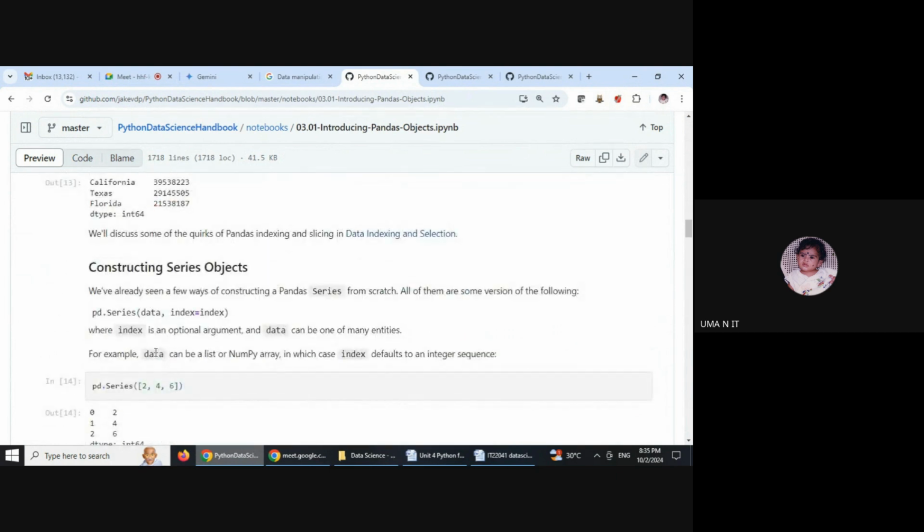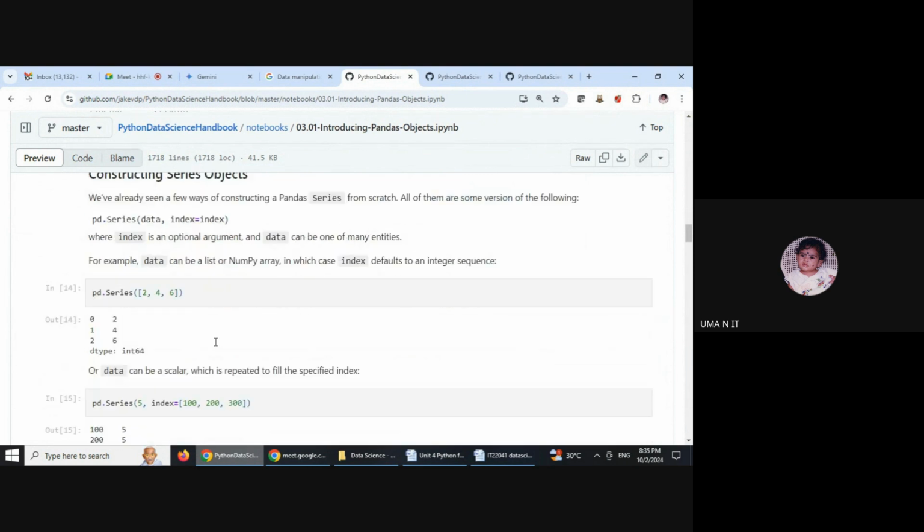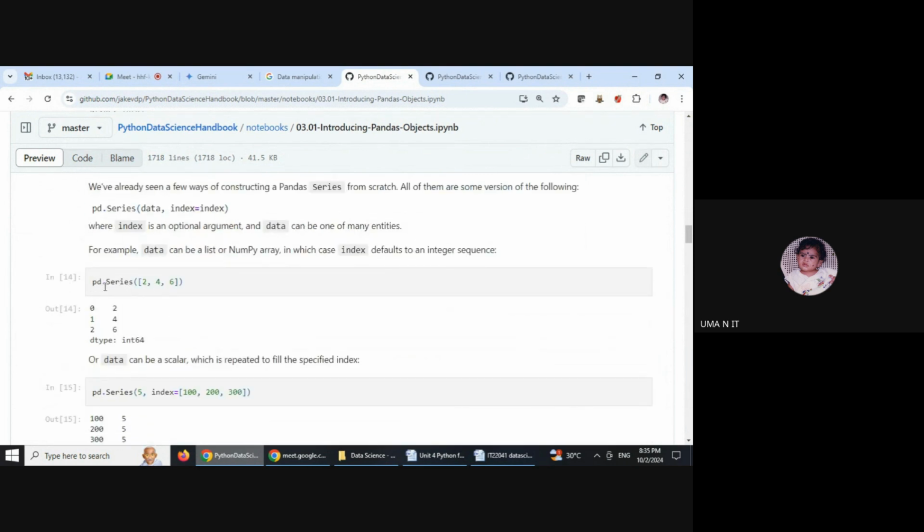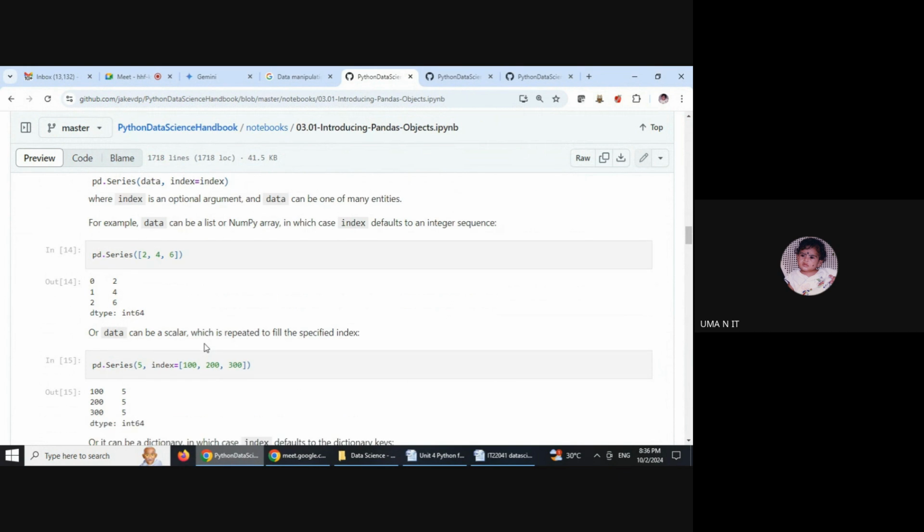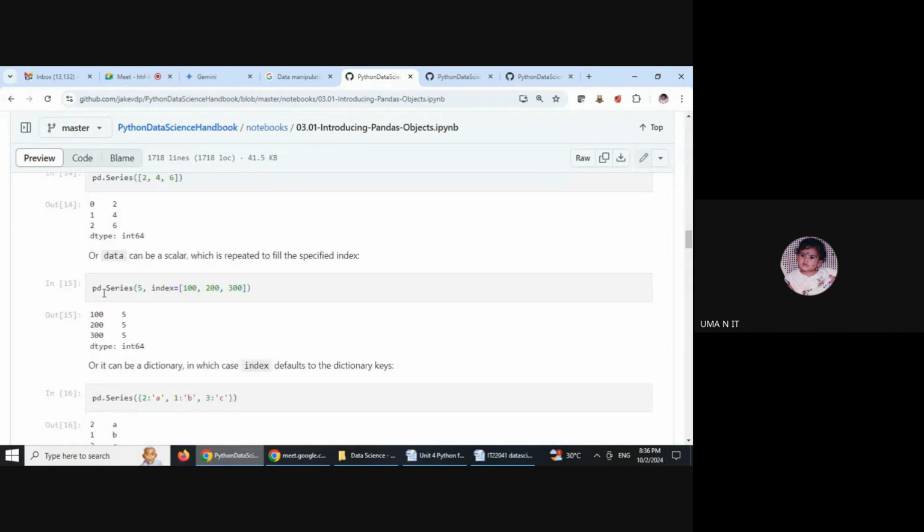And then constructing a Series object. See here, pd.Series with values 2, 4, 6. If we are given only data, then the default index will be fixed, and the default index is an integer index which starts from 0 to the number minus 1. And we can fix the same value for different indices.